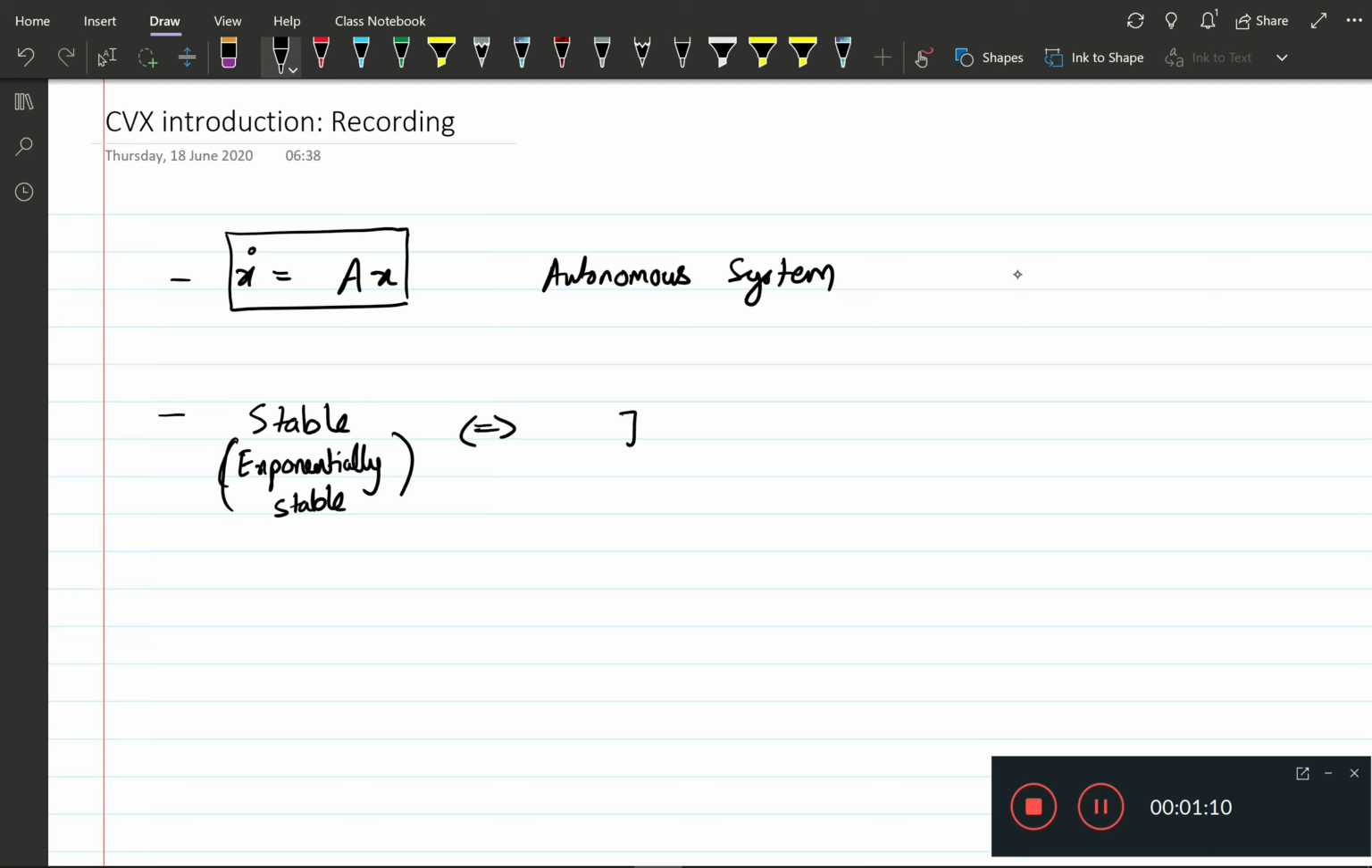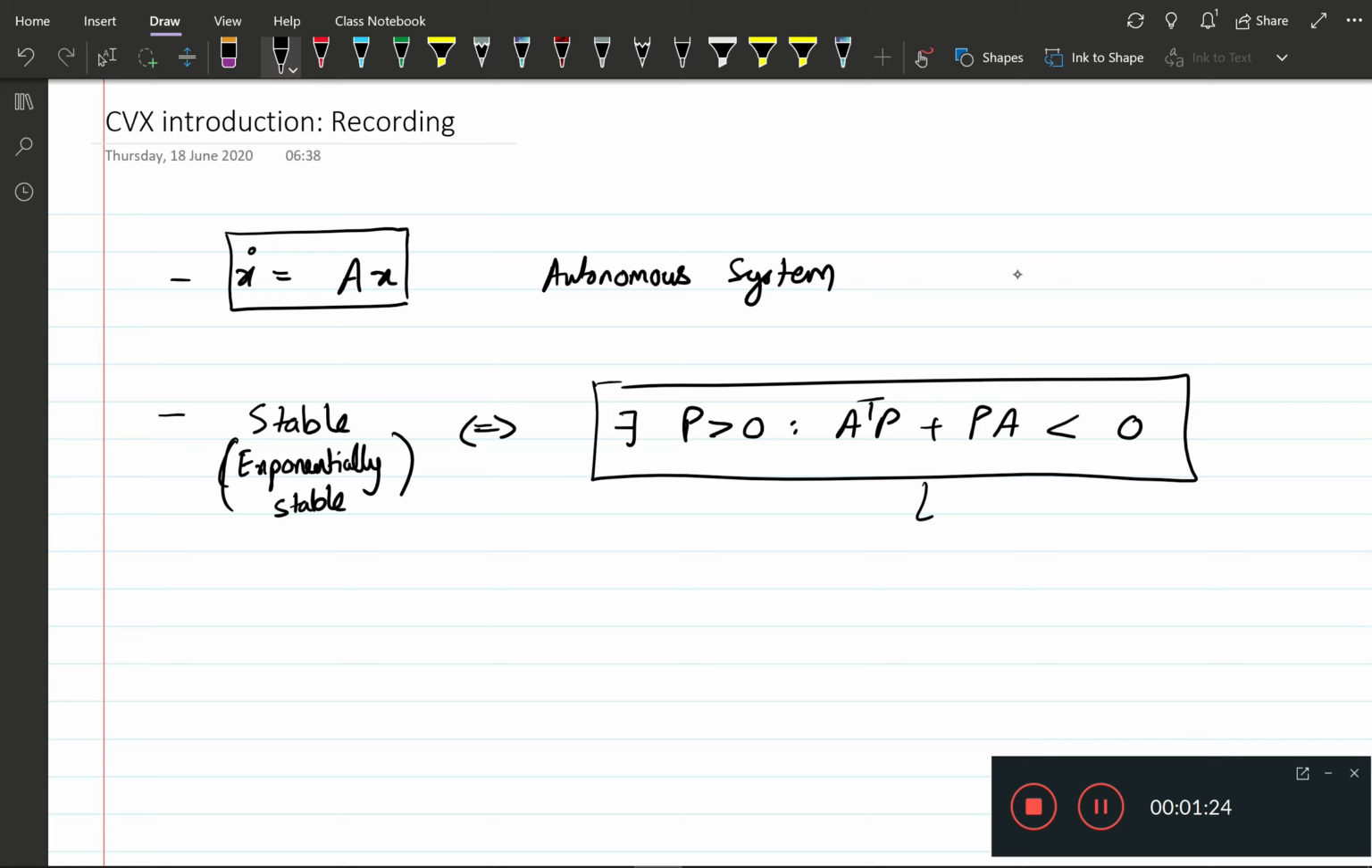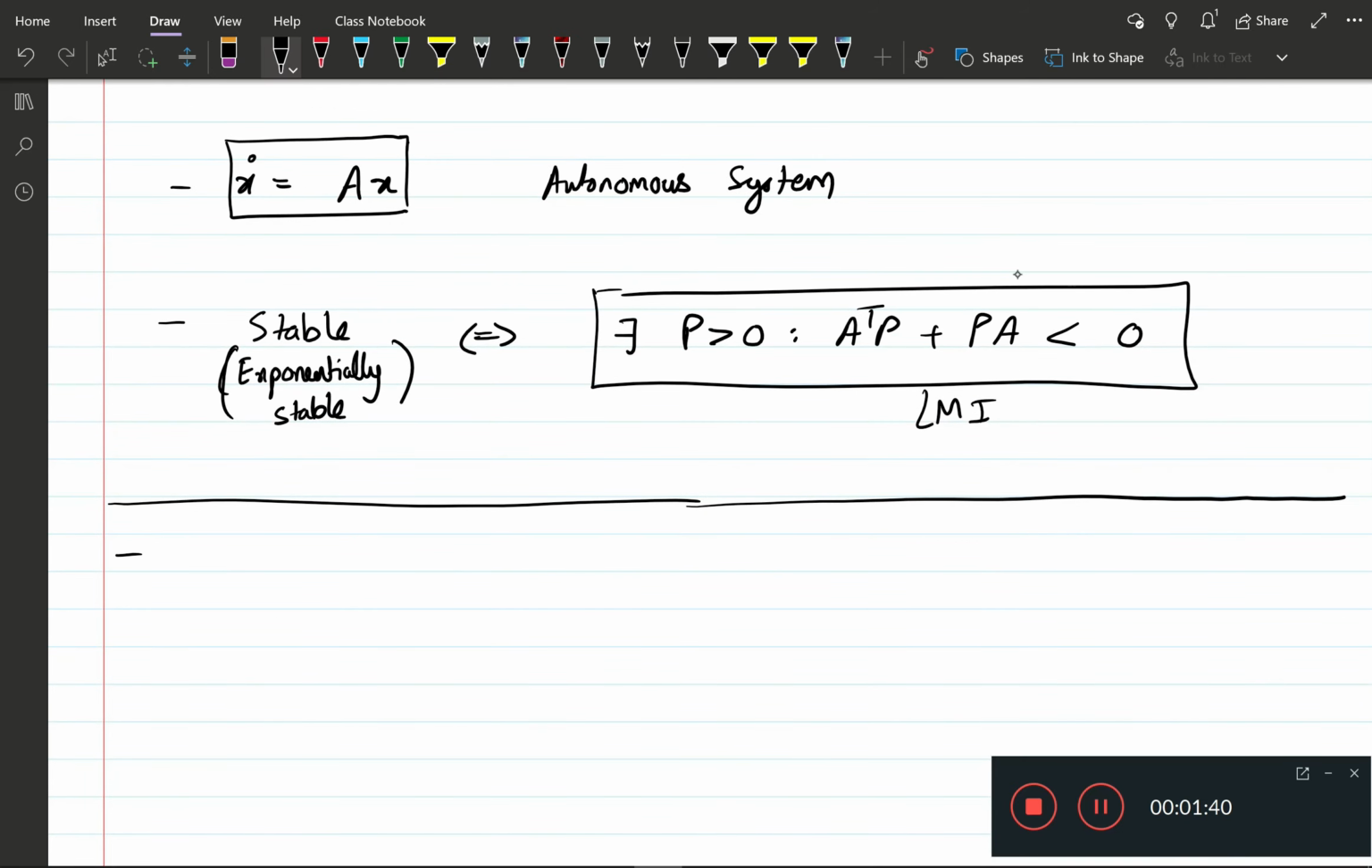if and only if there exists a positive definite matrix P such that A^T P plus PA is negative definite. So that's our LMI, and we will shortly code this up in CVX. So one thing to note for this example is that this is a homogeneous linear matrix inequality,